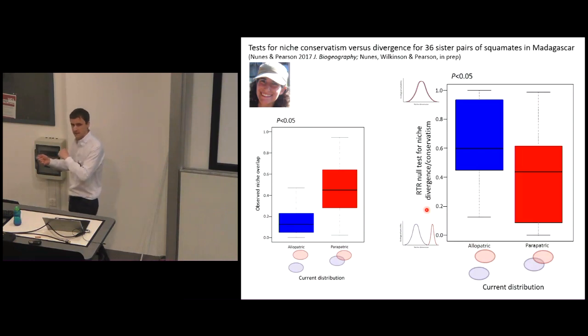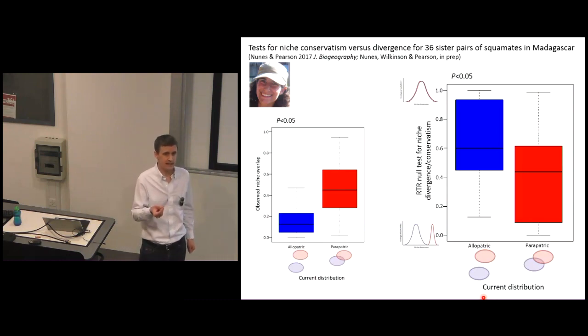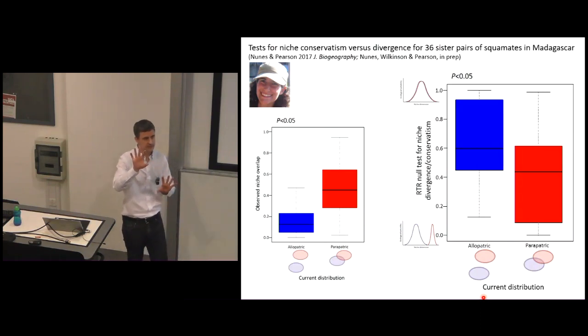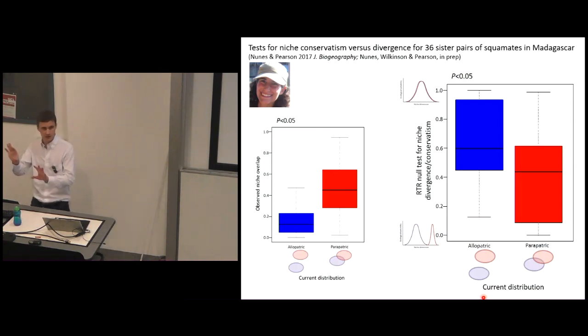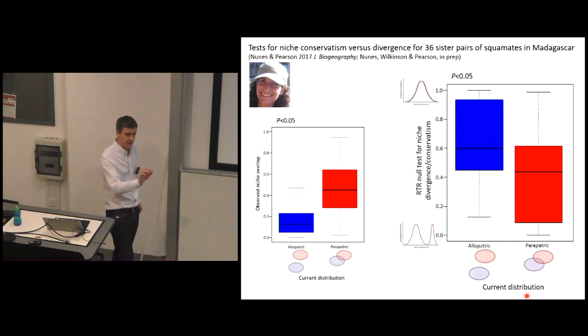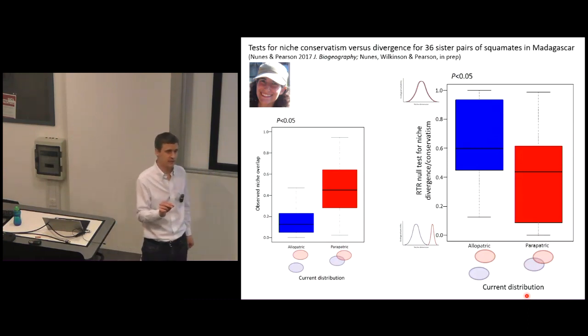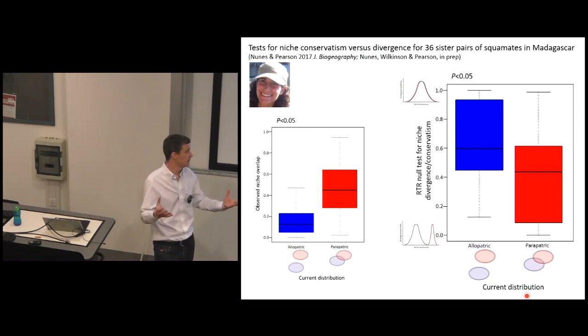And now the interesting thing is that these patterns flip. So now our allopatric distributions we actually find are more similar than we would expect given their distributions in this particular landscape. So they seem to be oriented on the landscape in a particular way where the niches are more conserved than you would expect. By contrast, the parapatric species distributions tend to have niches that are more dissimilar than you would expect given the set of environments in this landscape that are available.